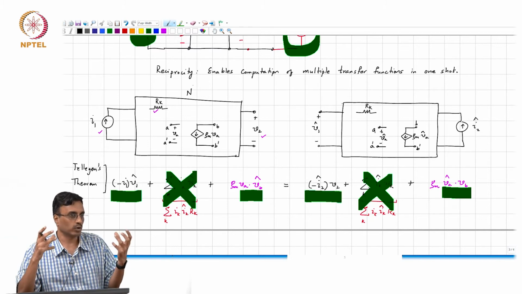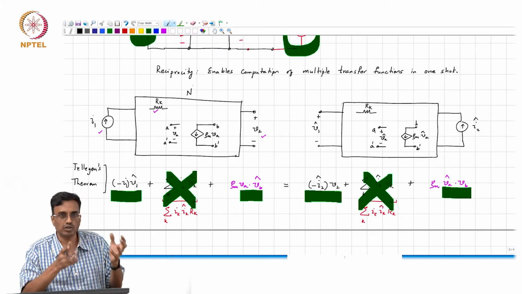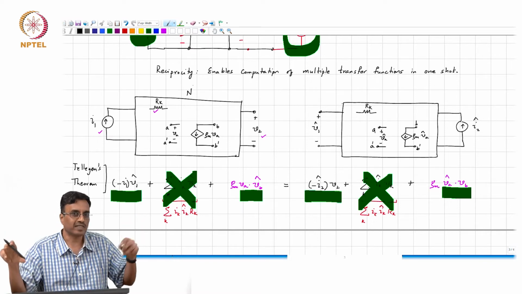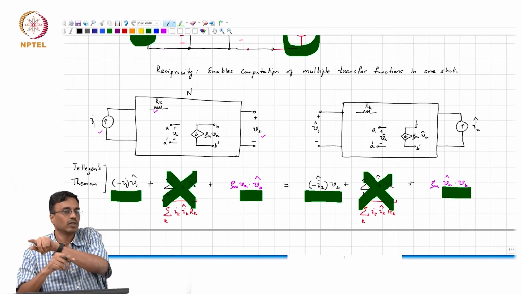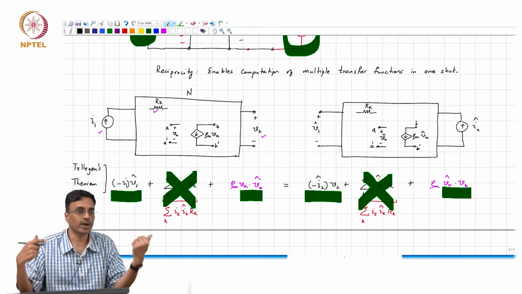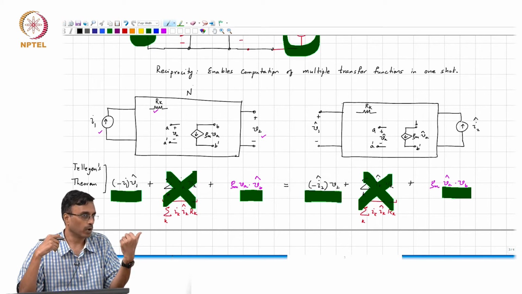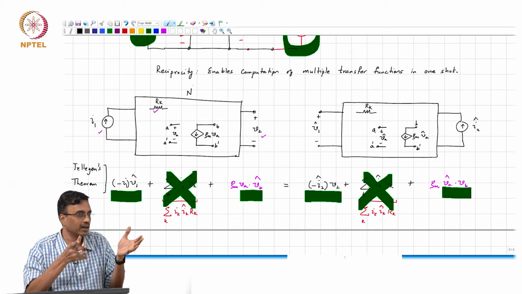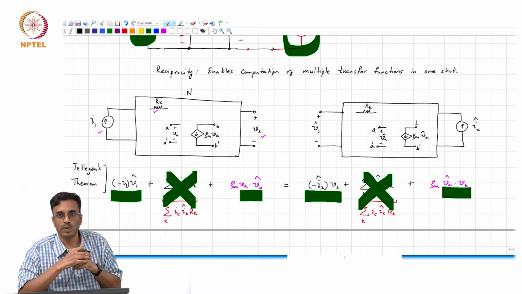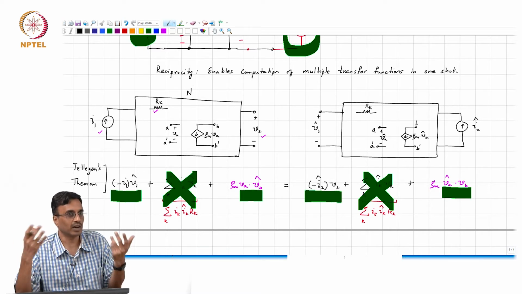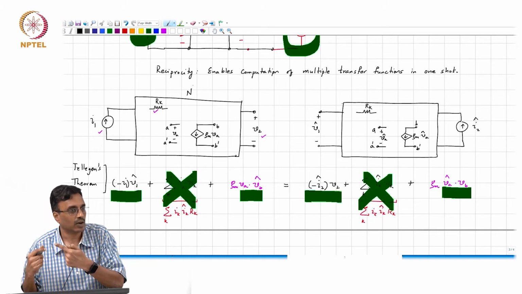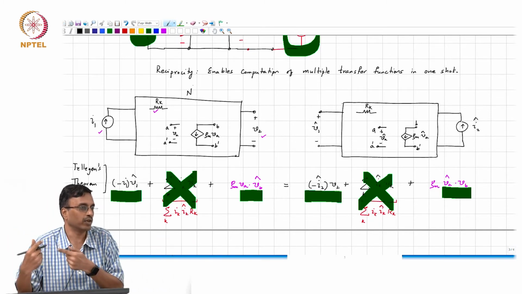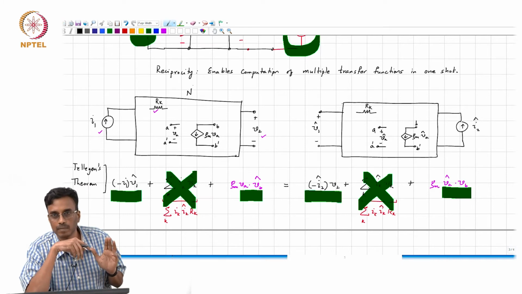But if you have a control source, the job of the control source is to make sure that the output is controlled by the input, but it doesn't mean that you go and apply the same input at the output port and you get the response at the input port. I mean, the job of the control source is to do that. So, it would be terrible if actually reciprocity worked with a control source, okay? Because the control source's job is to allow signal to flow only in one direction, okay? And reciprocity is saying that it flows in this direction and this direction the same way, right?